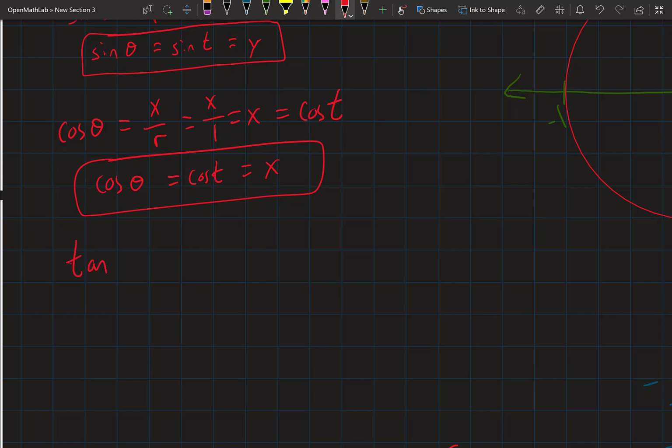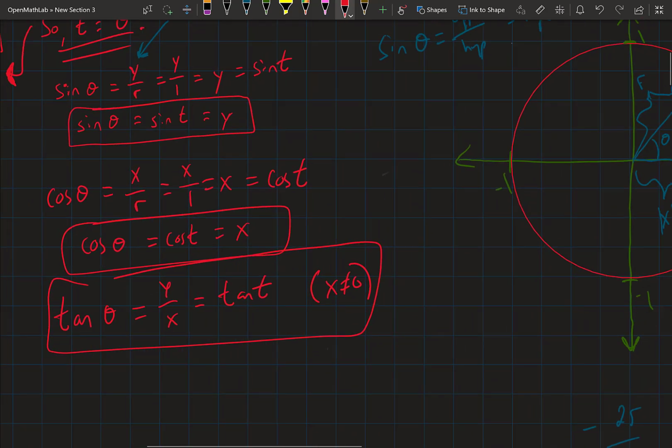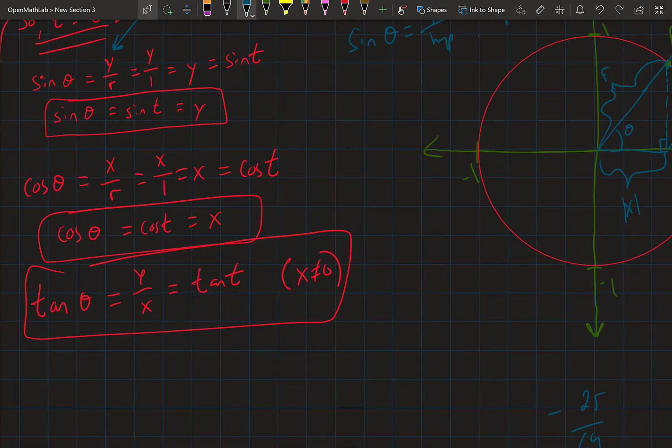So then tangent of theta would be equal to y over x, if you remember, right? Which would be the same thing as tangent of t, since theta equals t. Something important to note here is that x cannot equal 0, because x is in the denominator and we can't divide by 0. So then we can easily come up with the